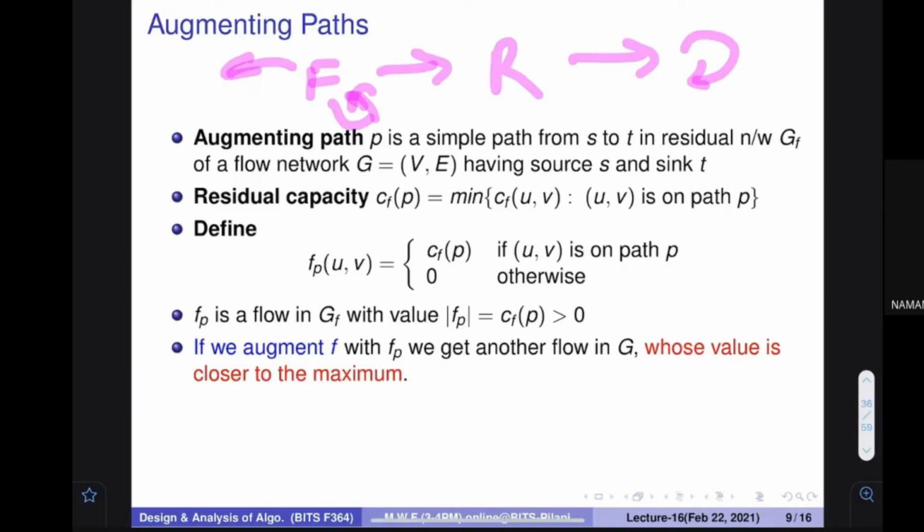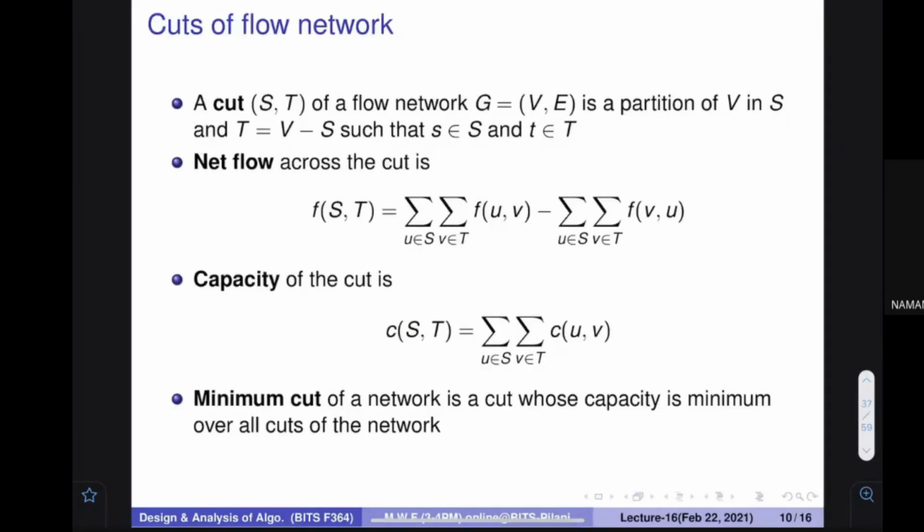Okay, this is what the proof is. However, if you want to do a formal proof that my algorithm is correct, then you have to define something more, and let us see that particular part. That is the interesting part for today's class. We are going to talk about the formal proof that my algorithm is correct. For that, it uses a very small concept that is called a cut in the network, cuts of flow networks. We are going to talk about what a cut in a flow network is.